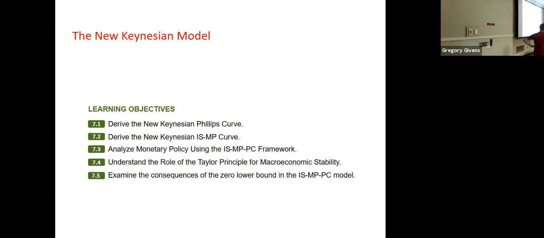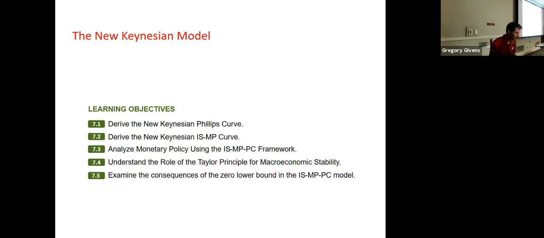The first part of that model we're going to focus on is the supply side of the model. And it's characterized by something called a new Keynesian Phillips curve. We're going to derive that new Keynesian Phillips curve today and look at some of its key properties. Okay, it is really the most important part of the actual model because it's going to characterize the types of trade-offs between inflation and the output gap that central banks are